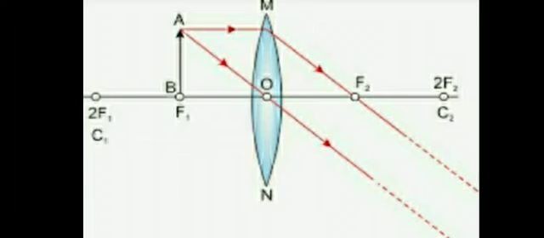Students, you see image is formed at infinity. The rays are going parallel. Both the refracted rays are going parallel and they will meet at infinity. So we'll say image will be formed at infinity. It will be highly magnified, real and inverted. Okay, now come to the sixth and last case.